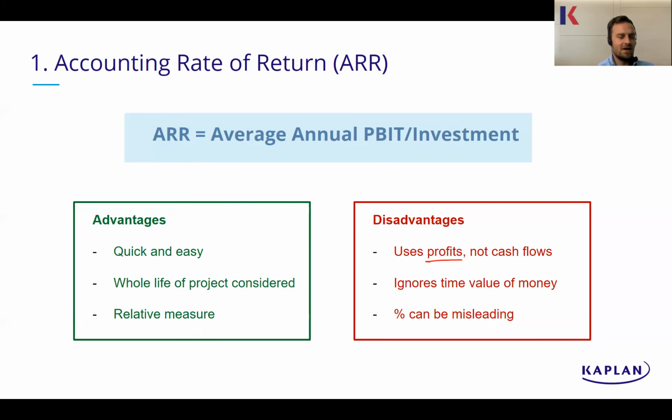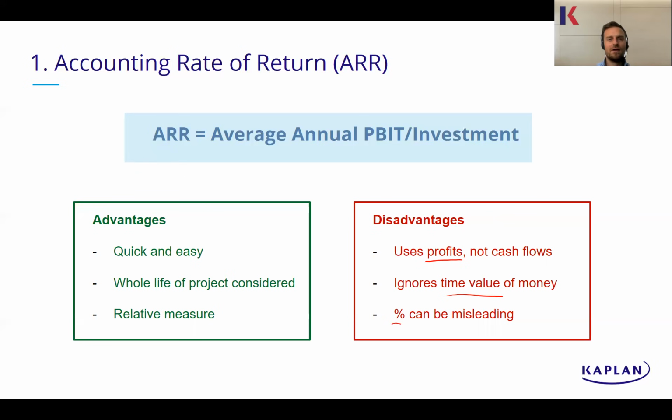It ignores the time value of money, which is that idea of discounting cash flows. We're saying that 80,000 in 5 years' time or whatever is still worth 80,000 today. It's not. We aren't discounting things yet, so it's ignoring the time value of money. And also, these percentages can be misleading. So these relative measures, although they're good for comparisons, if we're just looking at the percentage, saying, oh, this project's